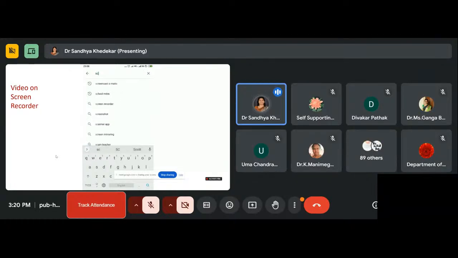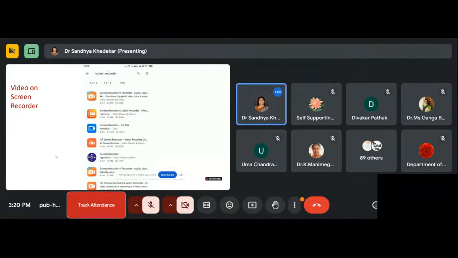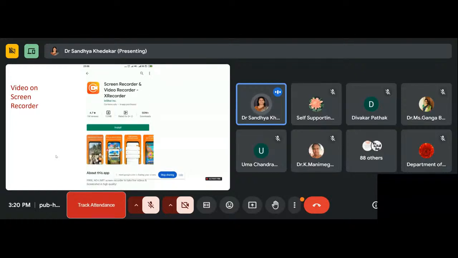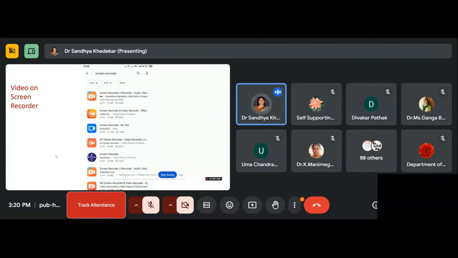If you don't have an inbuilt screen recorder in your mobile, what you can do is just type screen recorder here, and you will get many applications in your Play Store. So here you can see screen recorder, V Recorder, as I just showed you. Then one more option of screen recorder and video recorder, X Recorder is also there.